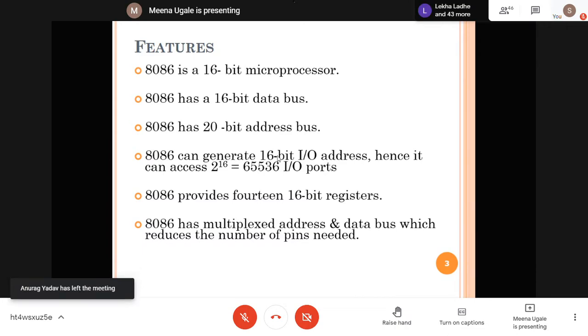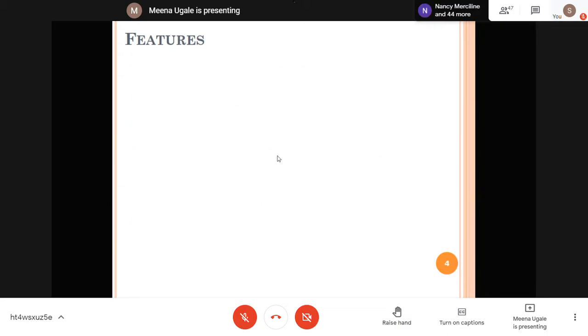Why are we using the integrated circuit concept? We have to reduce the size of electronic components. So here, to reduce the number of pins on your 8086 IC, it gives you the concept of multiplexed address and data. Your address and data are combined together, and then you need a technique which separates them out, so that address and data are used separately by your program. We will see all these things in detail in the coming slides.